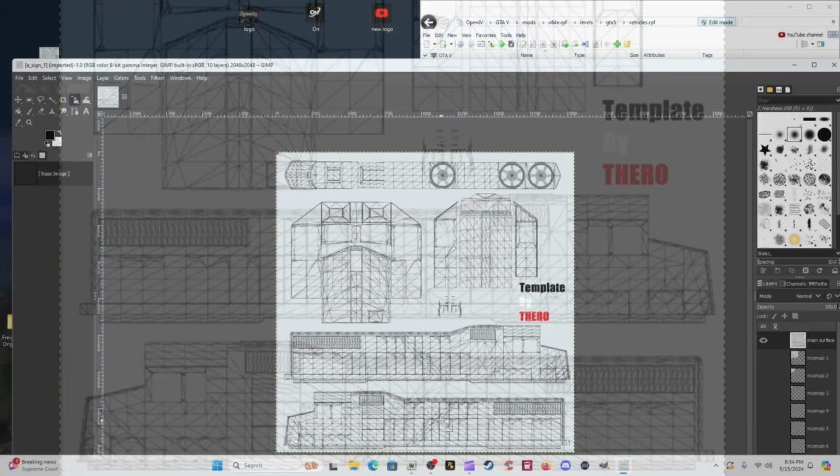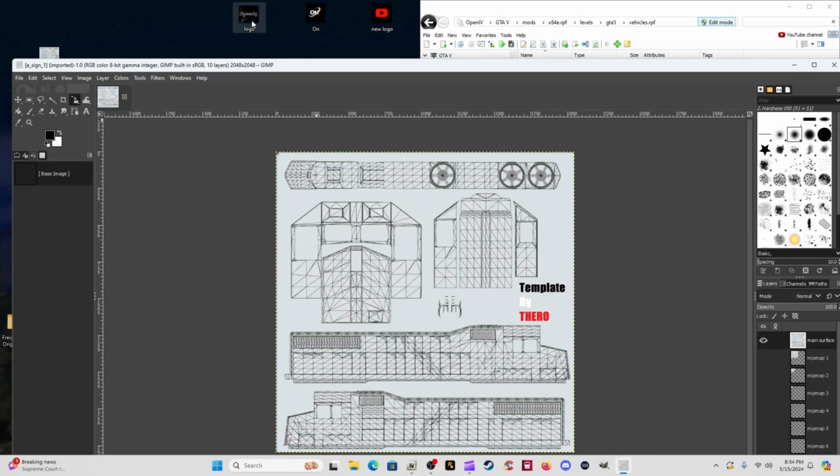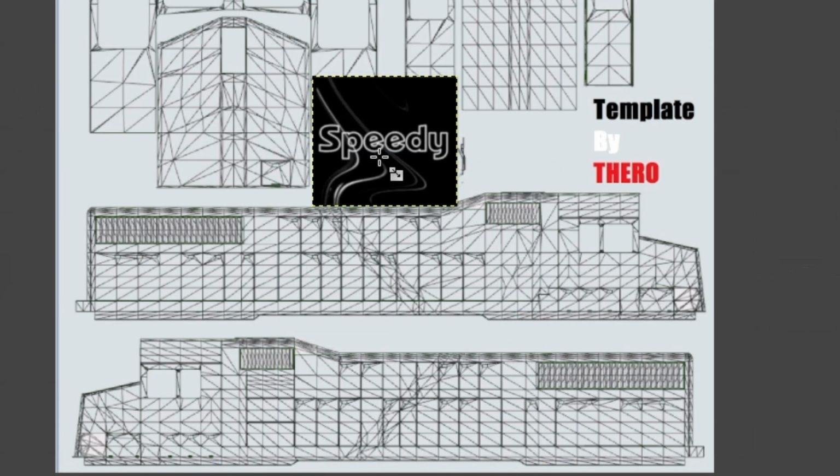So what I'm going to do now is take my old Speedy logo I used to use. I still use it. It's on Body Cam, and if you guys ain't seen my tutorial on that, I done one the other day. Go over and check it out, and I'll leave a description on the top right hand corner for you. So now, if you're using GIMP, after you get your picture in there,